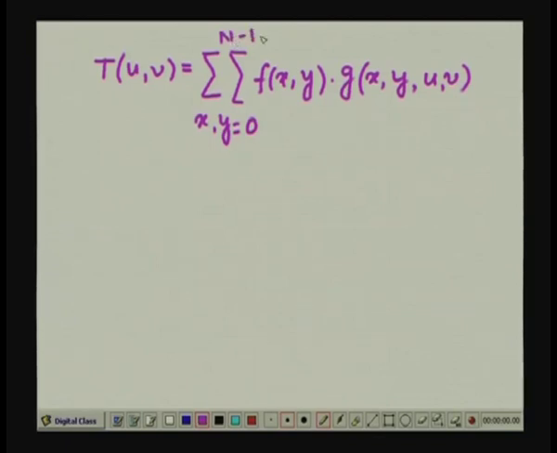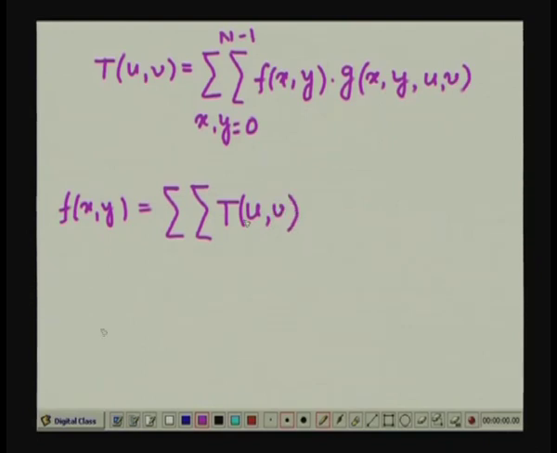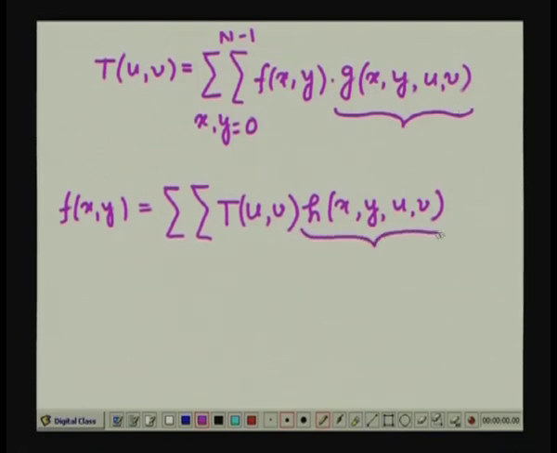So, we are assuming that our two-dimensional signal f(x,y) is an N by N array, and the corresponding inverse transformation is given by f(x,y) is equal to double summation again, of the transform coefficients T(u,v) into h(x,y,u,v), where this g(x,y,u,v) is called the forward transformation kernel,